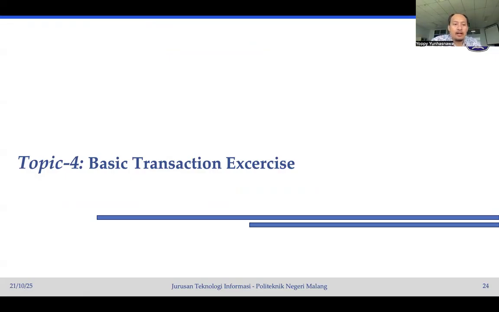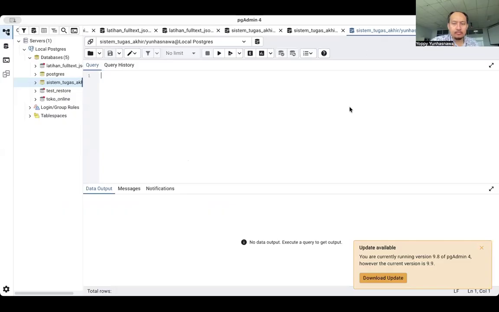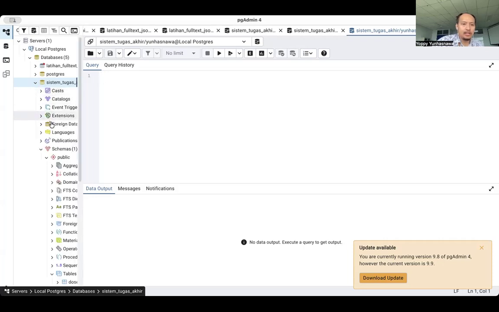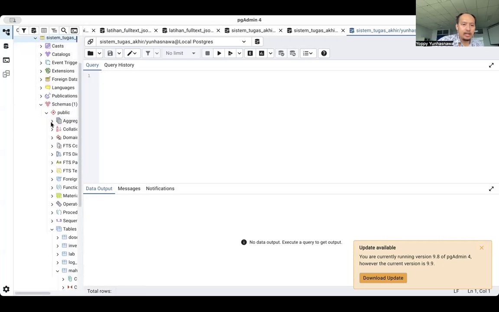Then let us now try some transactions in pgAdmin. Okay, let me change to pgAdmin. Now I have opened my pgAdmin 4 and I want to give you an example of how a transaction works. For example, here in the Sistem Tugas Akhir database,